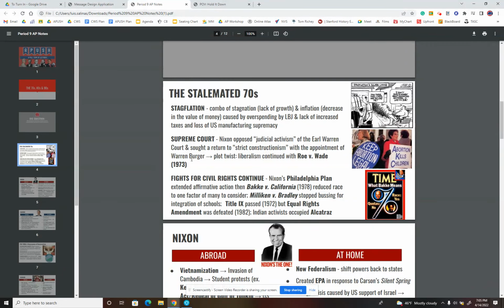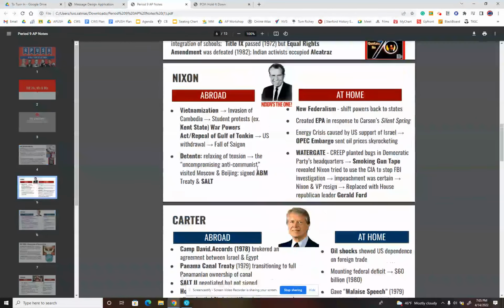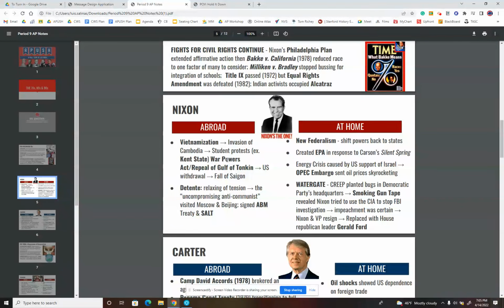But again, I do try to break this up with some of the most pressing things from the unit. So obviously, Roe v. Wade is a very important one. Civil rights movement, we did a really big unit on that a couple weeks ago. So all these play into it. I won't go through every single slide, but just one thing I want, for presentation's sake, to notice is that